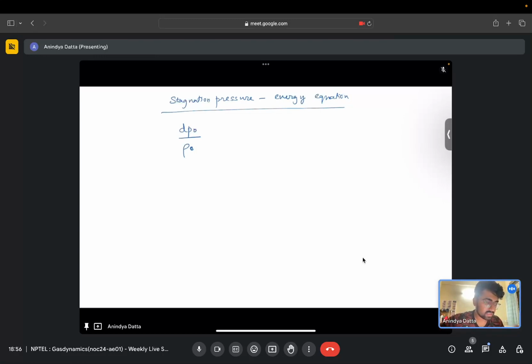In the lecture notes it was written as pt. So p0 and pt can both be used alternatively to express stagnation or total conditions. I'm just sticking with 0 for consistency in notation. So dp0 by rho0 equals minus dw plus T0 dsi equals,